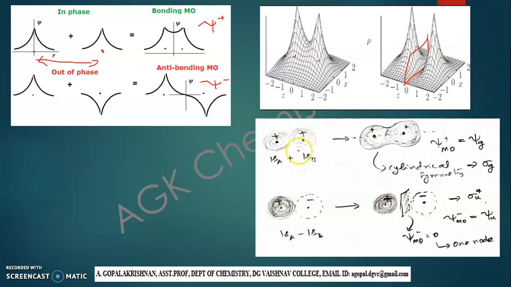Then I would like to give some more information. See here, this is the 1s orbital of nucleus A and this is the 1s orbital of nucleus B. In the psi plus state both are positive. When both wave functions are positive and they combine, you will get the bonding molecular orbital like this. So now between the two nuclei we have some electron density. Therefore this is the bonding state of the hydrogen molecular ion H2 plus.